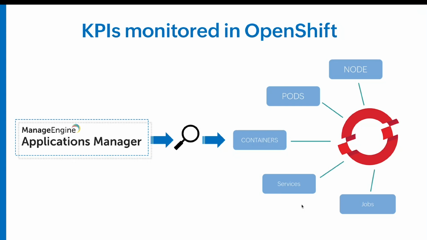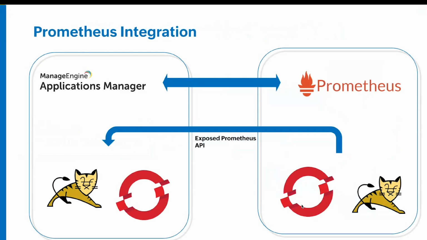So in such cases, we fetch all the information along with the REST API to make it easier. For the second method, we use Prometheus integration. Once you integrate the Prometheus, you can export the monitors which are deployed on the Prometheus environment. In the earlier version, we supported only the Prometheus integration with Tomcat, but we have extended this support for